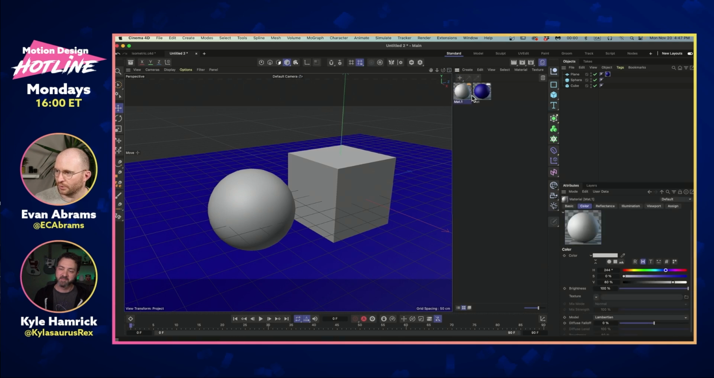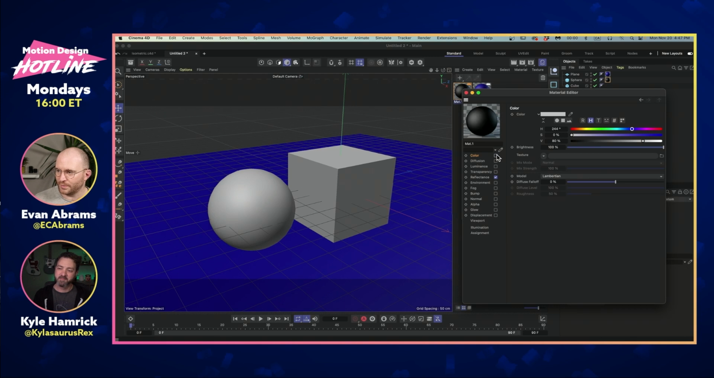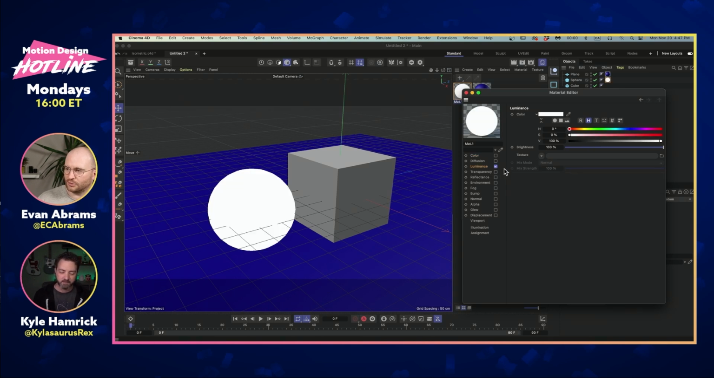Let's make another material, and we'll put this on the sphere. We want this to be like a light bulb. We want it to be as bright as possible. So we don't need color. We don't need reflectance. What we do need is luminance. So we're going to call this